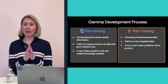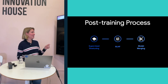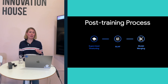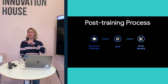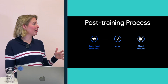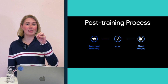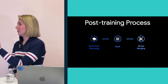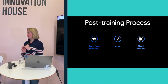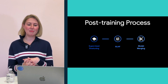Our goal is to select the model behavior that will actually be useful for users and developers. This is a slightly different process. It's a three-stage process that notably is not a life cycle. This is not a process that we iterate on where the final stage helps inform our earlier stages, but rather we run this process sequentially, iterating in each phase and then building better and better models as we go through this process. So our process specifically involves 3 stages: supervised fine-tuning, or SFT, RLHF, reinforcement learning from human feedback, and